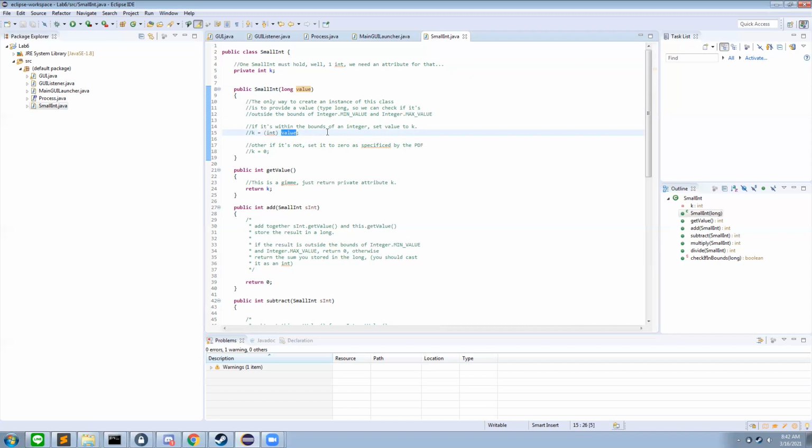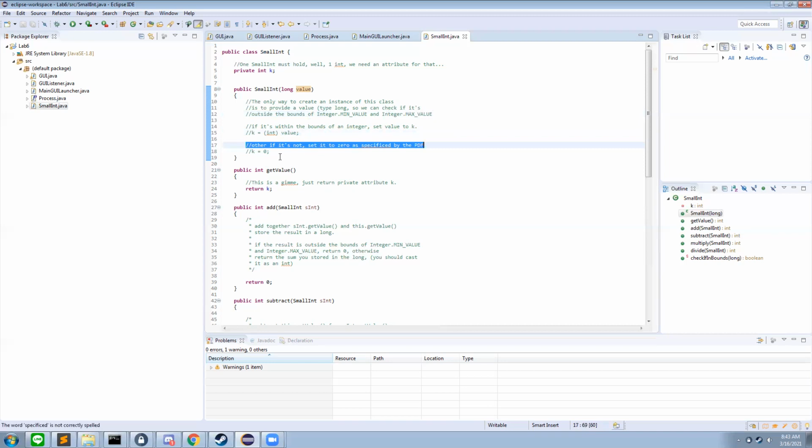If we had a value that was larger than an integer in value, then this would not be okay. We'd be losing some information by casting this from a long to an integer. But again, because we've already verified that it's within these proper bounds, just like with that if statement right there, then we can safely say casting this to an integer will not lose any information, and we can go ahead and do that. If it is outside of these bounds, so if it's smaller than the min value or bigger than the max value,